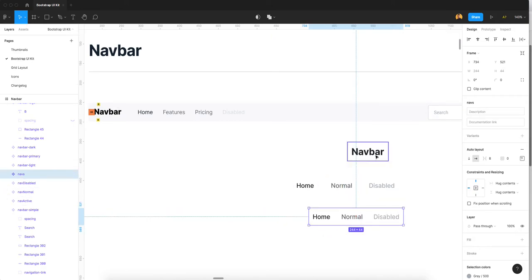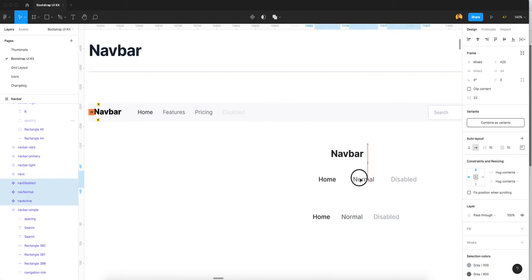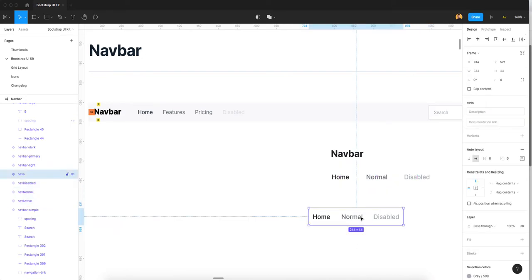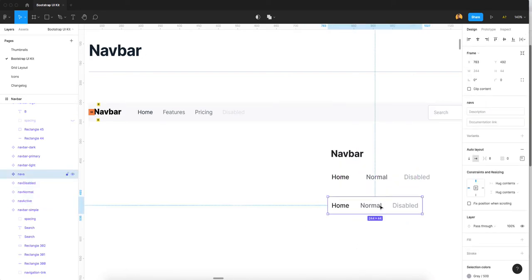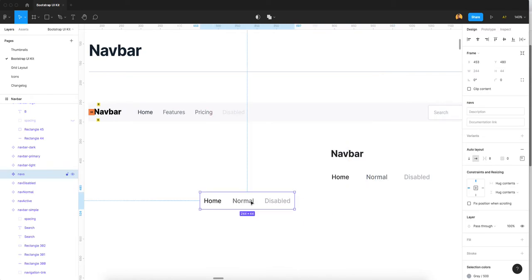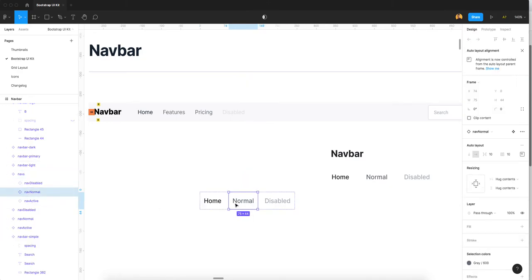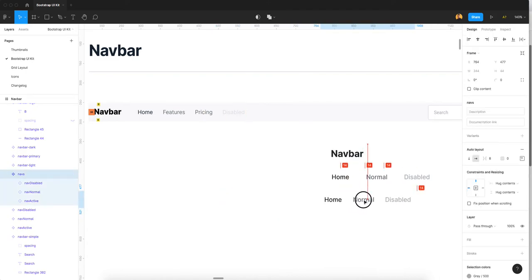As we first created our navs, three components of normal nav, active nav and disable nav, a similar thing is the complete nav of this navbar. Why did I create this? Because if you want to add more navs in the navbar, you can easily add, just Command D to duplicate. See, this will decrease and increase according to the navs.